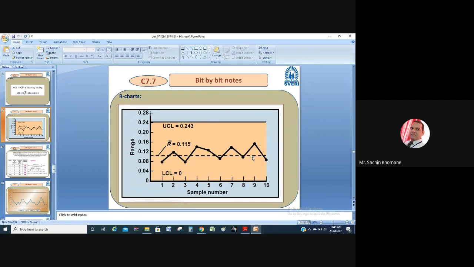Very simple, right? So whatever discussion we have made is related to variables. What variable have we calculated here? Anybody remember which variable? X bar and R bar, R chart and X chart belong to variable control charts. So which variable for these two numericals have we considered? Which product have we selected and which variable have we considered to draw this control chart? Anybody remembered at least that?